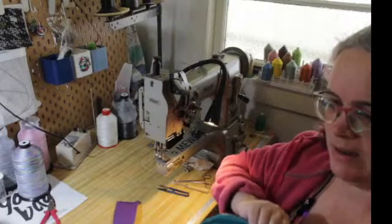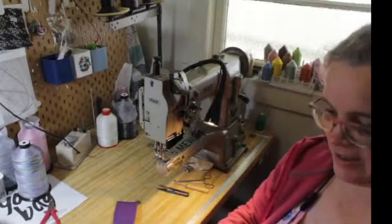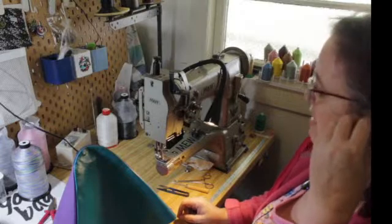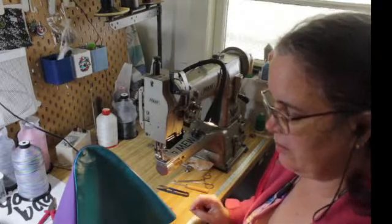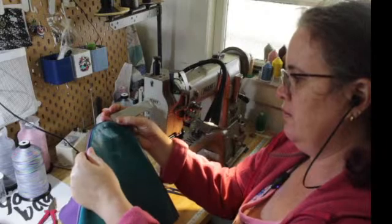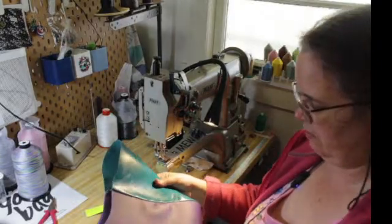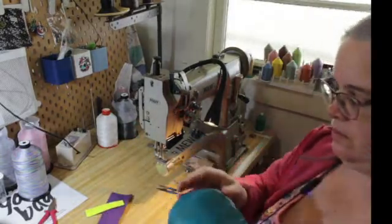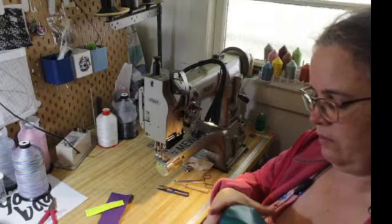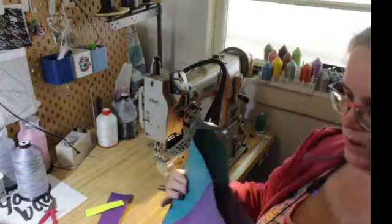The other tricky part with the encased seams is that you'll obviously see the stitching on the green. I think the grey is just a bit boring. The next step for me